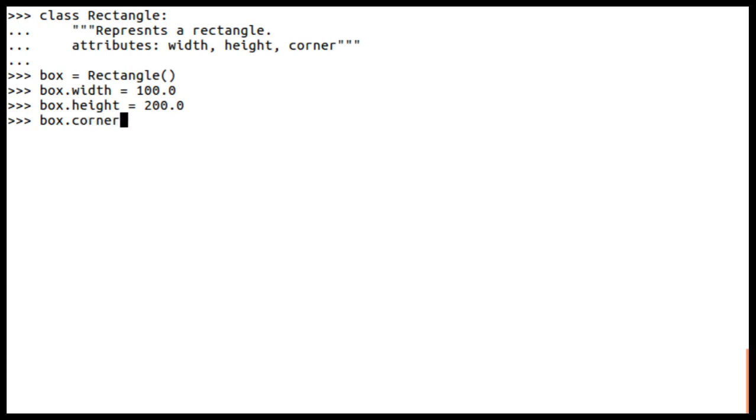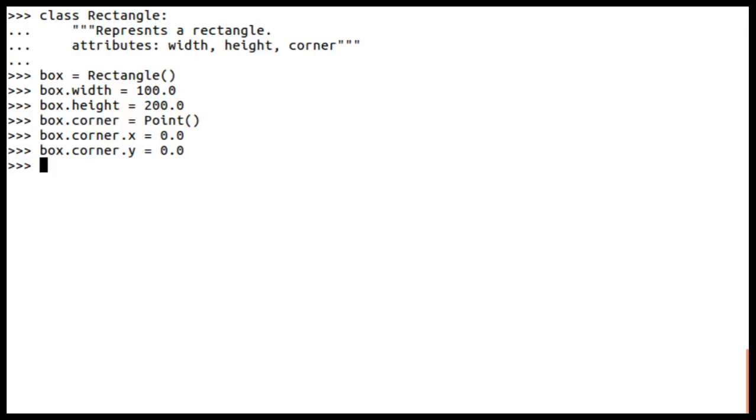And similarly box.corner is a point object, and we need to initialize the point object. It can be accessed by using box.corner.x is equal to 0.0, so this point I'll represent at the origin, and similarly box.corner.y is equal to 0.0.